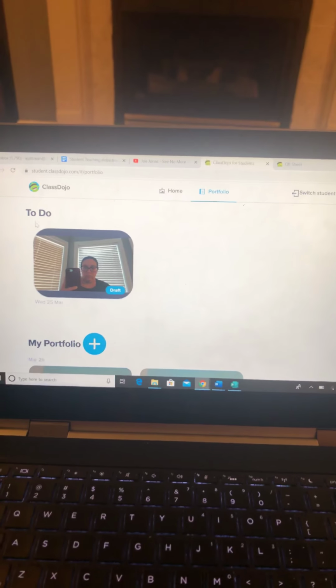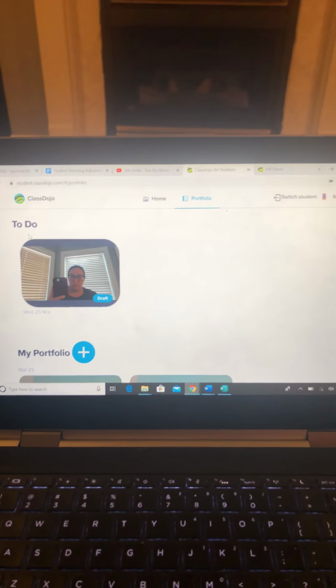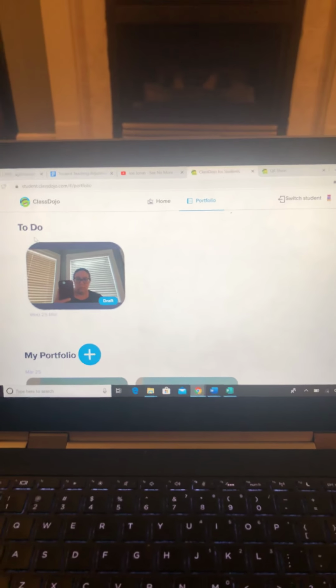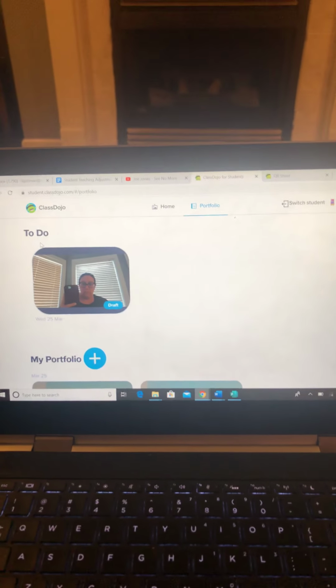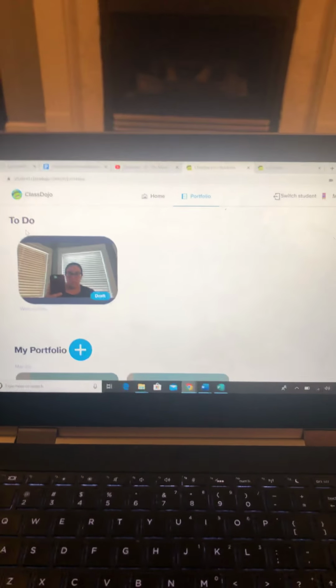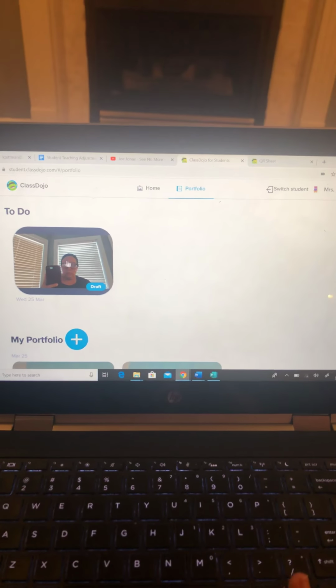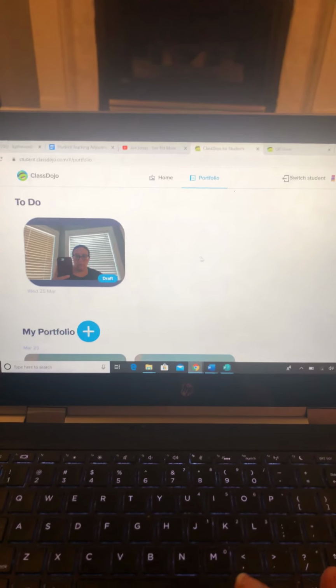Now, the one other thing I wanted to add was this part right here. This is the to-do. So sometimes I might give you an assignment. It might be take a picture of something. It might be take a video of something. It might be draw something. It might be write something. So always look when you come in at your portfolio page and look right here